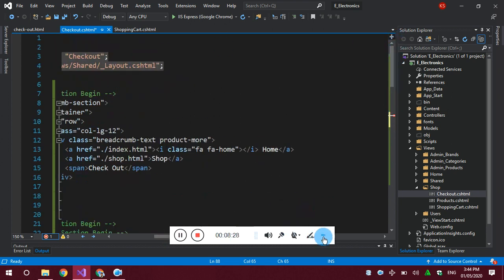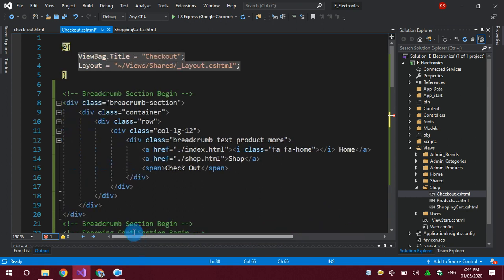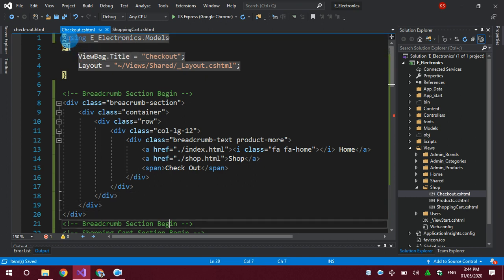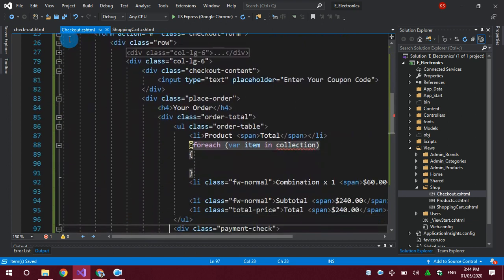I'm going here to access my model using the main directory name of my application, which is Electronics. So here, Electronics.Models. If you want to add one model you may specify it further here, but I need all the models, so for simplicity I will insert all of them.